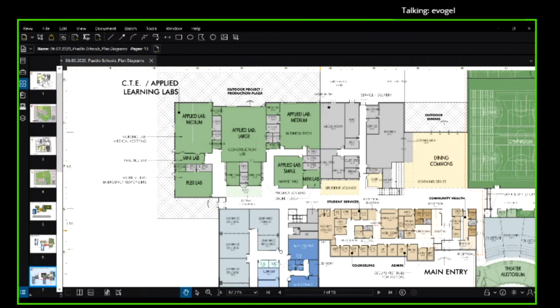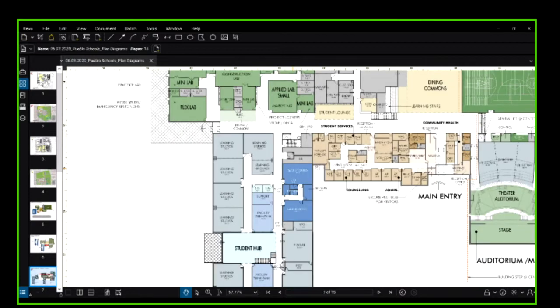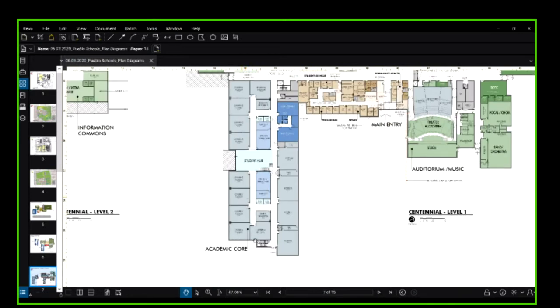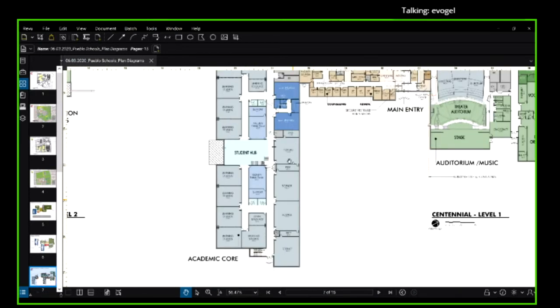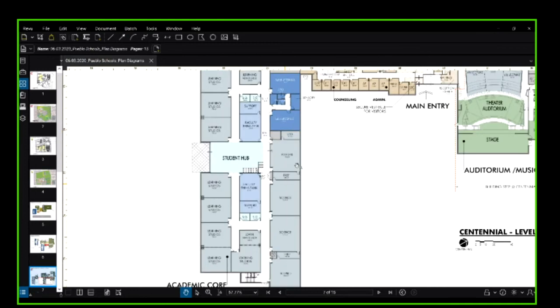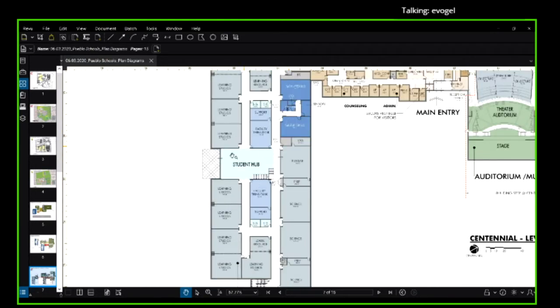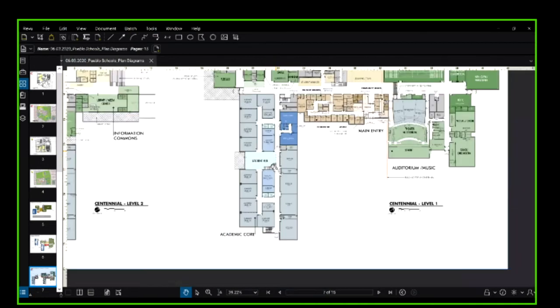And then as you come down here, we have our academic core. These are our 10 learning studio classrooms, our science and our flex lab, and our special education. We have that student hub right in the center of all of that, which I'll show you some pictures of, of what that potentially could be.